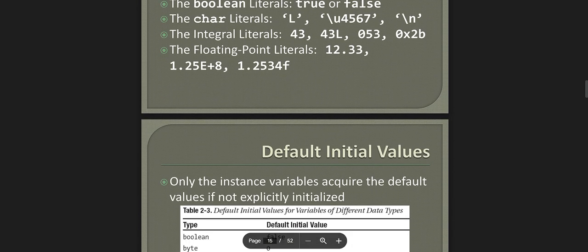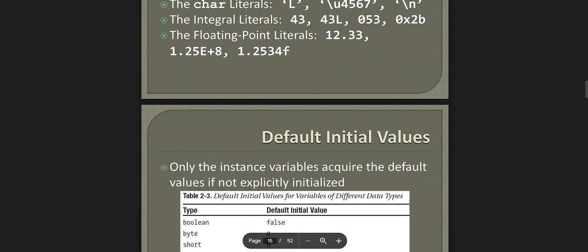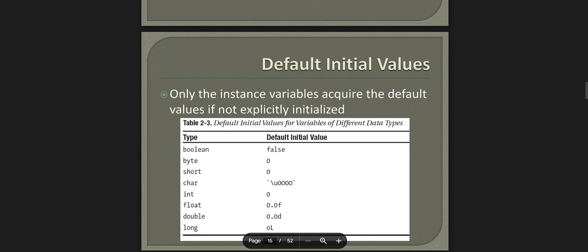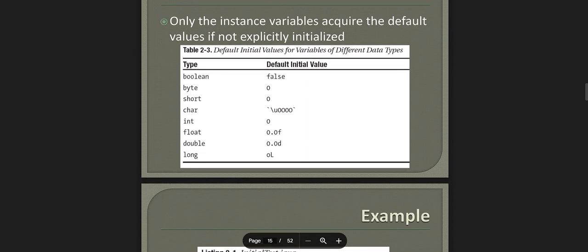Default initial value. Only the instance variable requires the default value if not explicitly initialized. The defaults apply to boolean, short, char, int, float, long and double. Example: